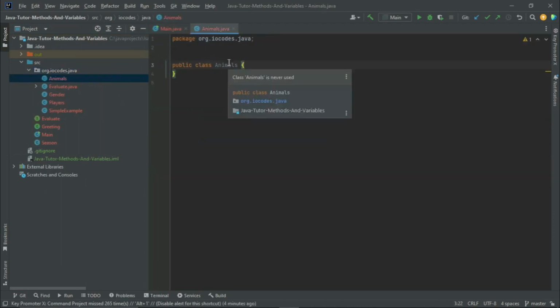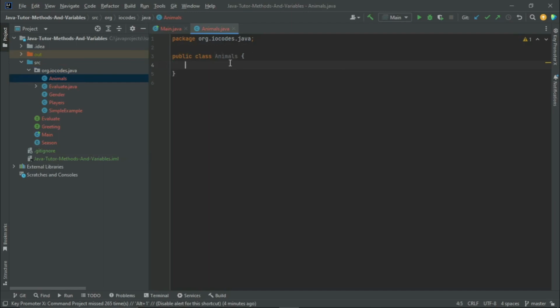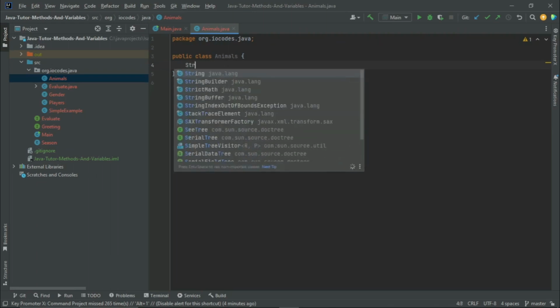These attributes include what? Eyes, we have legs, we have arms, we have the breed, the type of breed, or I'll put it the class of the animal. We won't go into those details. I'll just define some few terms that are associated with an animal. So first of all, an animal has a name. So we can say string. We'll make it public